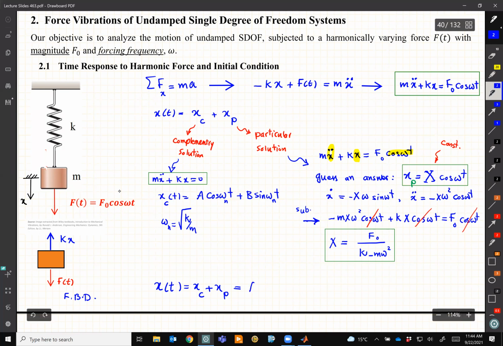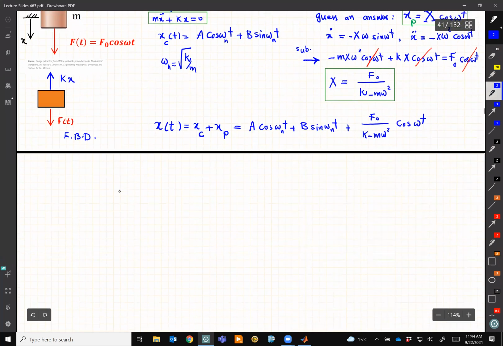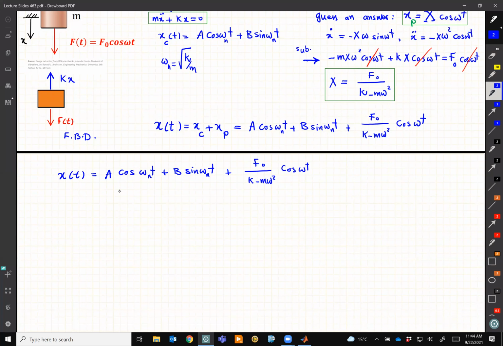xc is A cosine omega n t plus B sine omega n t. And xp is f0 over k minus m omega squared, cosine omega t. Let me write it down on my next slide. So x(t), the solution that we were looking for, is A cosine omega n t plus B sine omega n t, and plus f0 over k minus m omega squared, cosine omega t. This is the solution. A and B are constants,